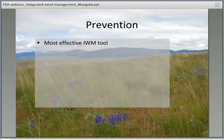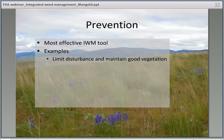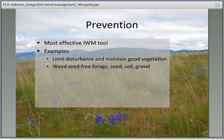This is the most effective integrated weed management tool. We often say that the best way to manage weeds is to not get weeds in the first place. So just some things that you can do on your own land to implement prevention: limit disturbance, and keep your vegetation strong and healthy. Use weed seed free forage, seed, soil, or gravel if you have a need for any of those. Washing vehicles and equipment. So if you're moving vehicles or equipment from field to field or pasture to pasture, and you know that you have weeds in some areas but not others, make sure you're washing those vehicles before you move into a weed-free